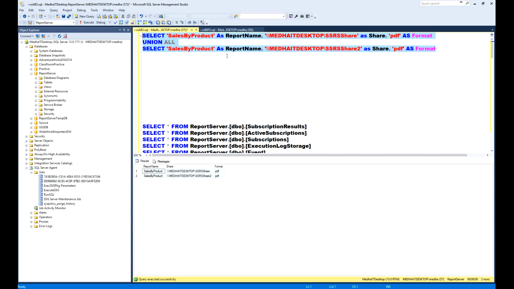Now if we use this particular query, we should be getting two reports generated. So let's say for example I want to name it share 1, and I want to use the second report as share 2. Because I have only one share, I am using one share, but I am generating two reports for two copies